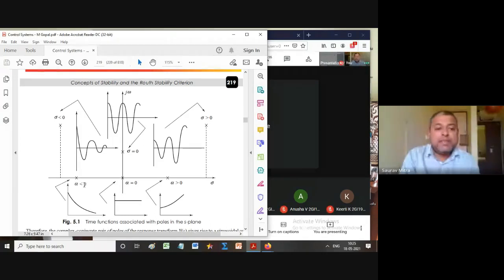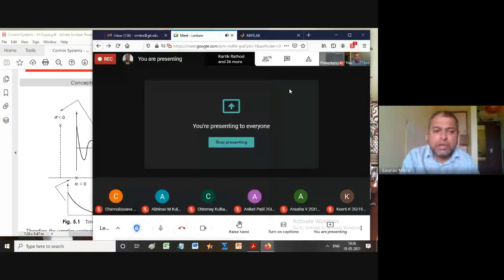Now you are finding here alpha is less than 0. We had plotted last, okay, alpha is equal to minus 5, let's say. If alpha is equal to minus 5, that means the pole is on the real axis. So around 20 graphs we will plot now, and all are impulse response, step response, ramp response, I'm leaving up to you. So around 50 to 60 responses you have to find and you have to show me. And you have to plot that in your graph paper.